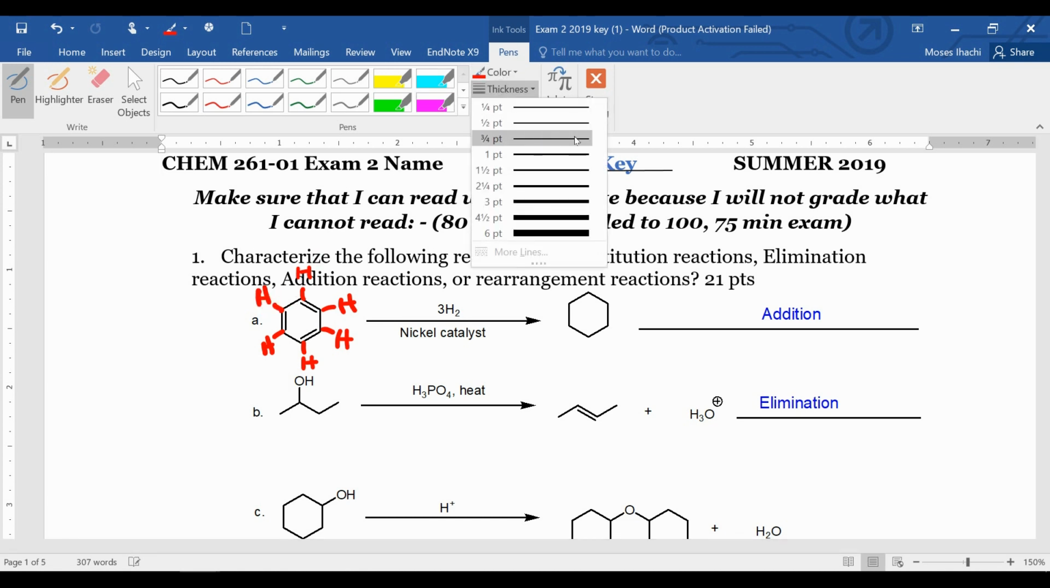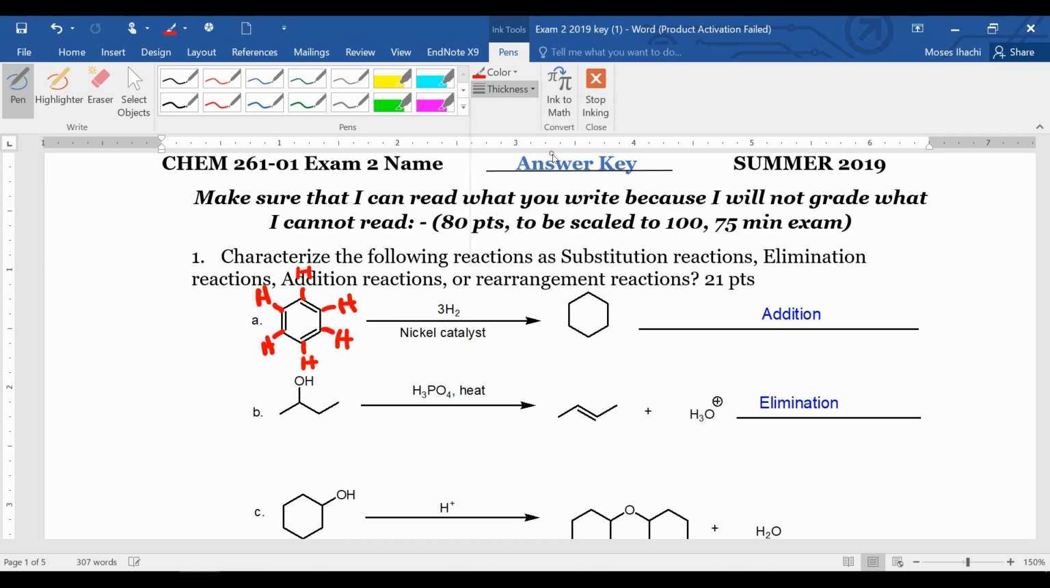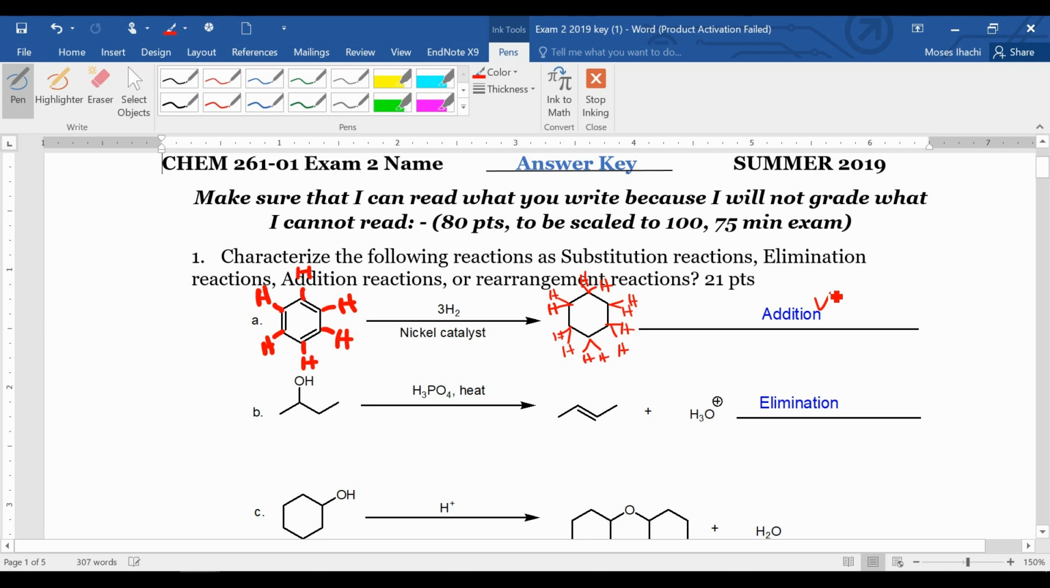Let me change some thickness here. I've shown all my hydrogens, and then coming here, I have the two hydrogens all over the place. All around this ring, you have the hydrogens all around these rings. Okay, so you definitely see that hydrogen was added. Now, because hydrogen was added, this is an addition reaction. That's an addition reaction. So for the next one,